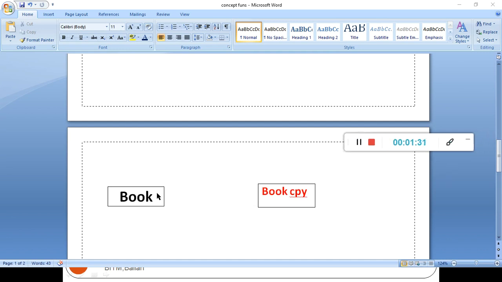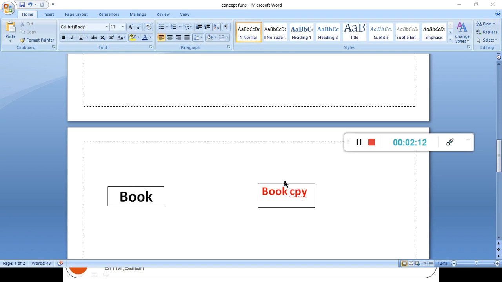I have got my CPS notes, my CPS book, with me. One of my students approaches me and asks me for the book in order to study. What I do is I give him a Xerox copy of it. I do not give the original copy of my book since I need to have it with me. That Xerox copy I call the book copy, which you can find in red color, and this is my actual notes which is with me.